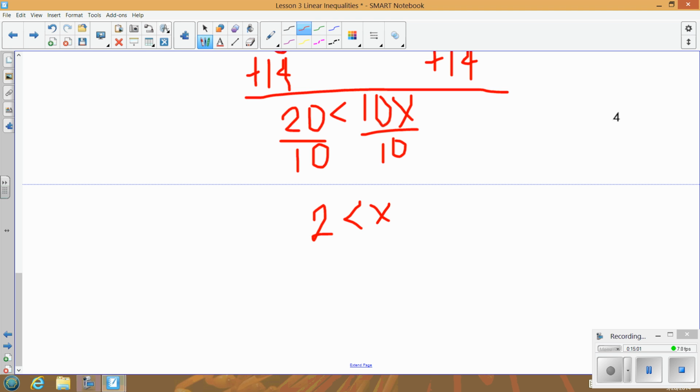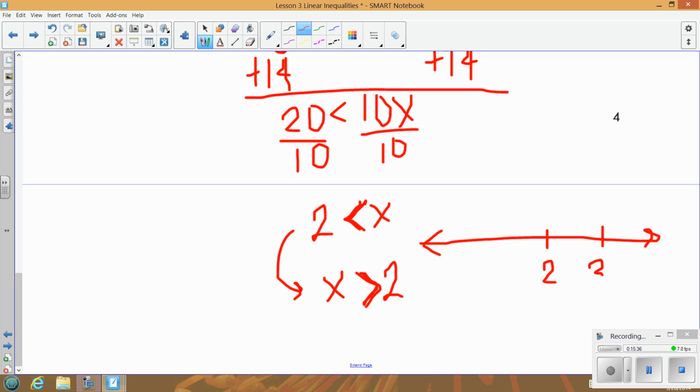2 less than x. Now, remember, you're not going to be shading this one going to the left because of the sign, because my x is on the right hand side. If I want to fix this, I would have to keep the sign opening up towards x. Basically what this is saying is 2 is less than x, or x is greater than 2. These are equivalent, but you just have to make sure that whatever way the sign is opening towards, it's opening towards the x. It's got to stay that way. So now when I graph,